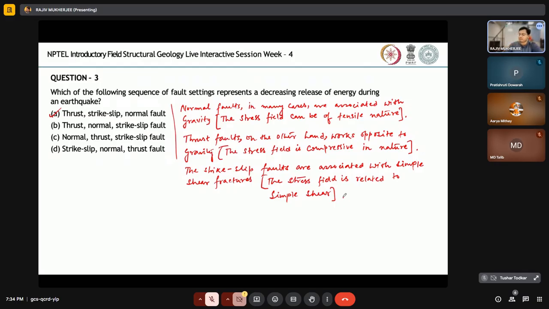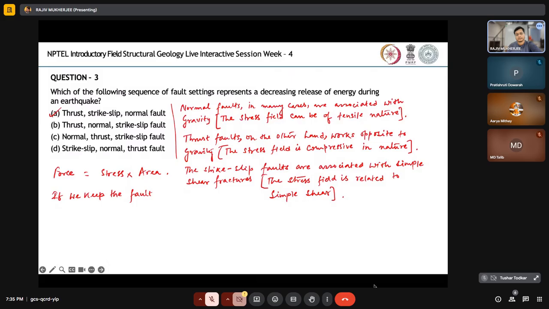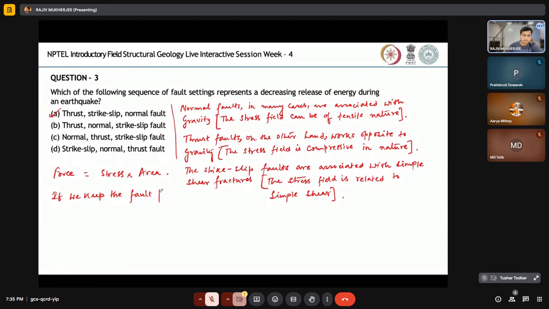Now, force is basically stress times area, right? So if we keep the fault plane area constant, then energy is proportional to stress or the strength of the material,